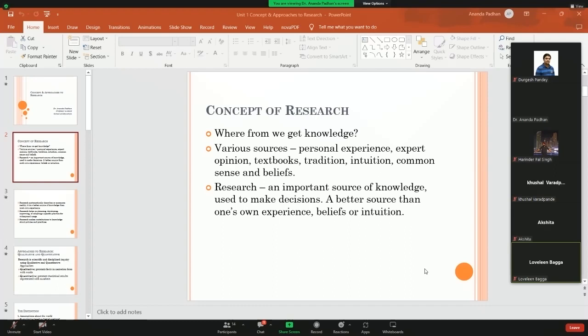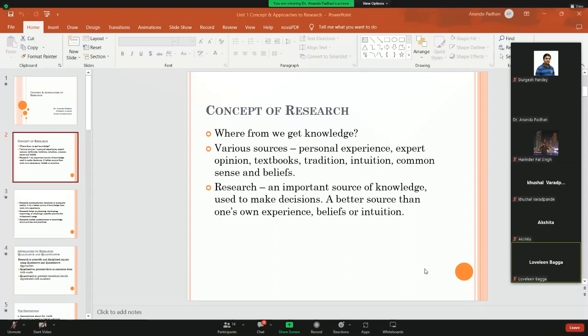Then there is tradition, from our own tradition, culture, and intuition. Many times we get knowledge from intuition also. Sometimes intuition can come true, sometimes not, but it is still part of knowledge. Then common sense and beliefs. So you can list many. But apart from that, there is one important source, that is research. This is an important source of knowledge to make decisions, and even a better source than one's own experience, beliefs,